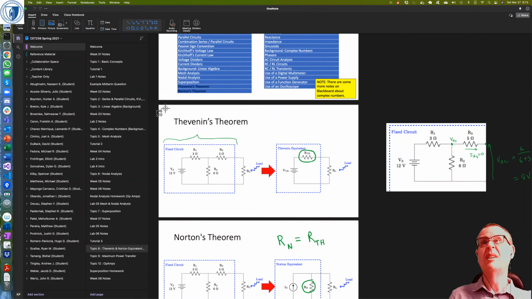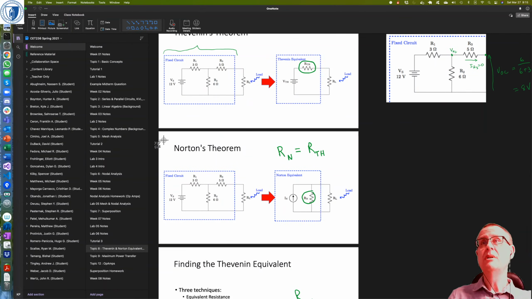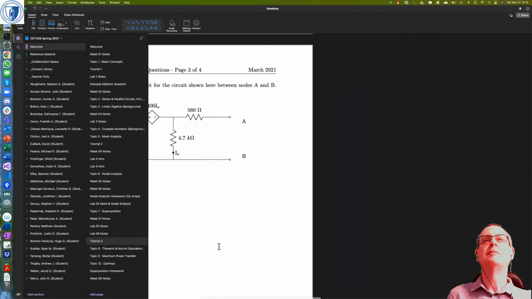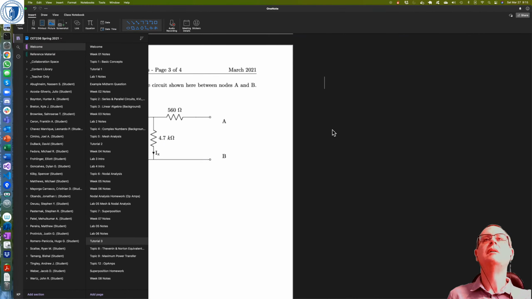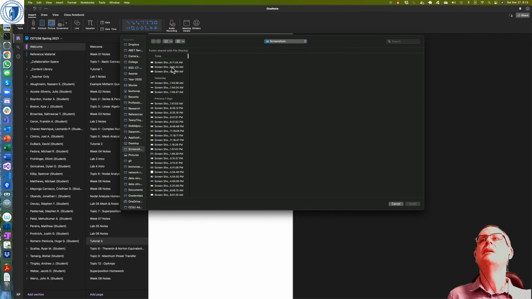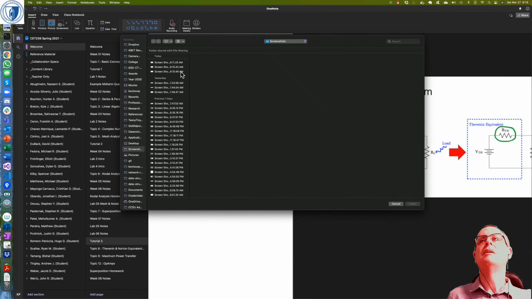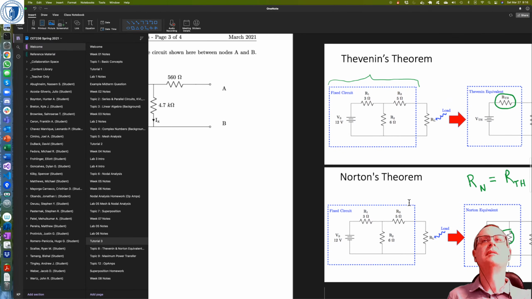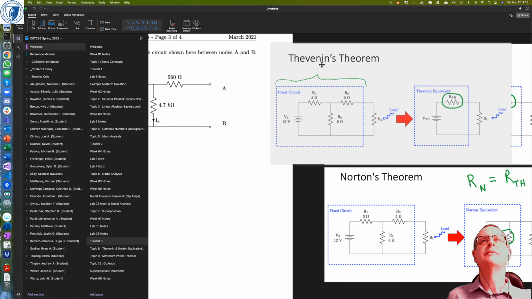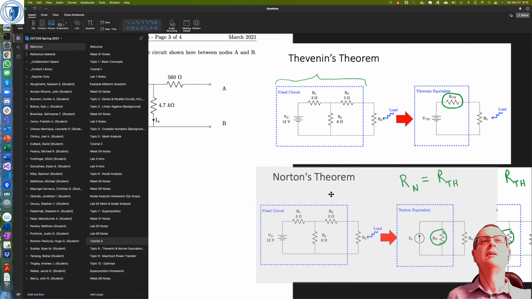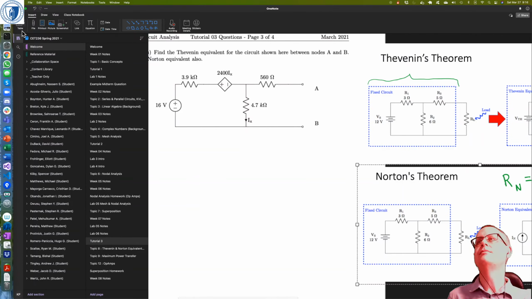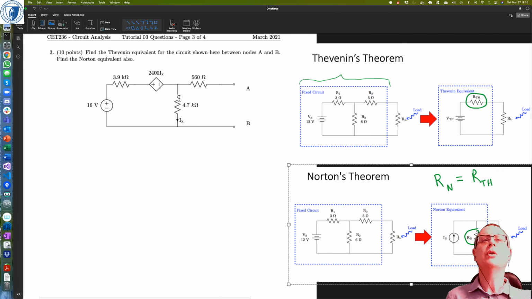Right, so there's Thevenin and there's Norton. Okay, so the idea here is that we can replace